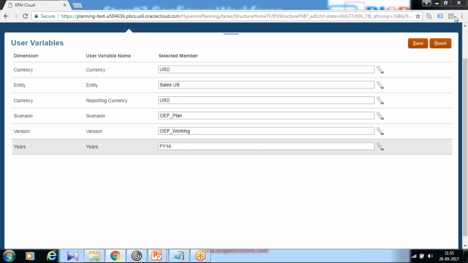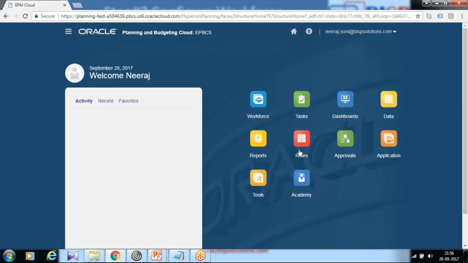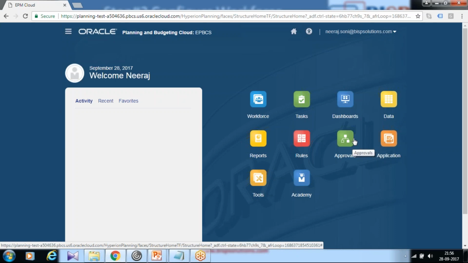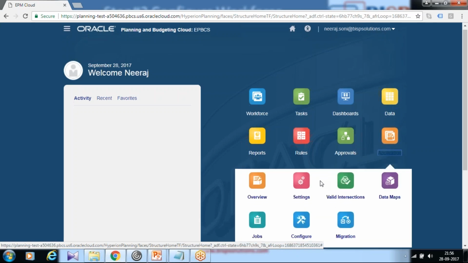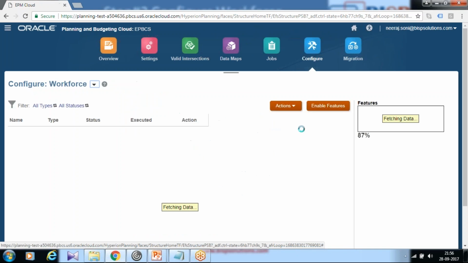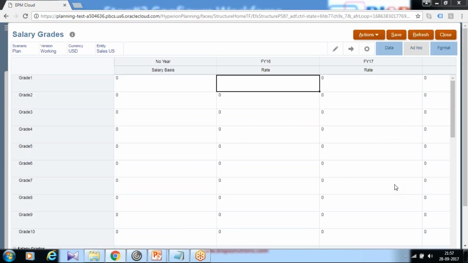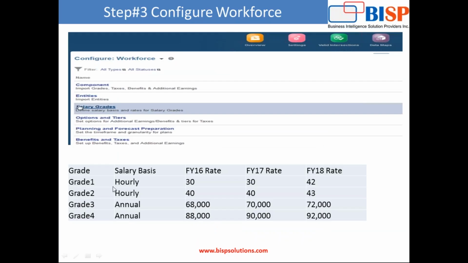The next activity is we'll set the assumptions. So I start with assumptions, salary grade assumption and workforce assumption. In a subsequent session I'll show you the remaining assumptions. So you go to planning application, once again select configuration and open your salary assumption, salary grade and workforce assumption. There are two assumptions we are going to talk about. So in salary grade, I define what are different grades and what is their salary basis. I've chosen some sample values, there are 10 grades we have in this application, and